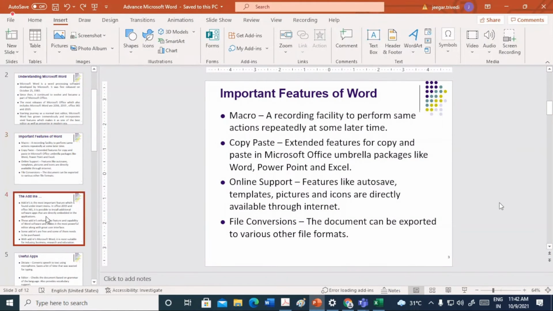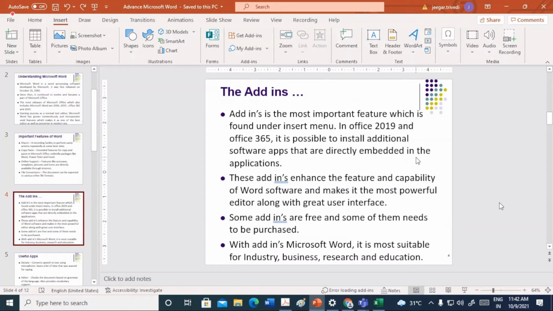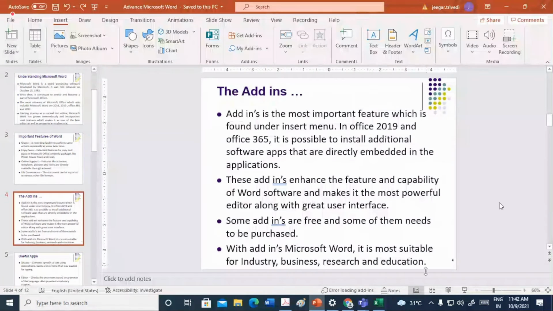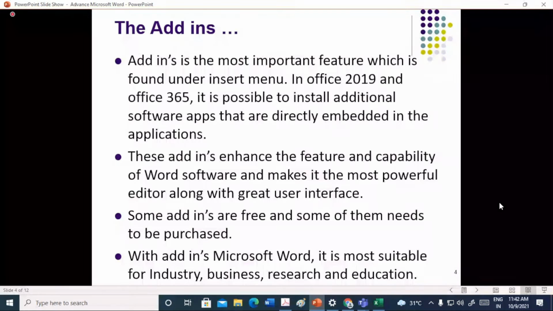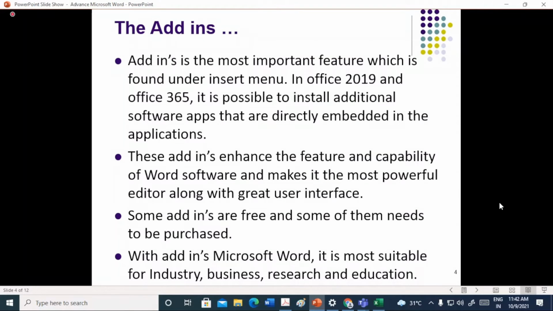Now coming to another important feature, that is the add-ins. So what is an add-in? Add-in is the most important feature which is found under the Insert menu of Office 2019 and 365, and it is possible to install additional software apps that are directly embedded in the applications.